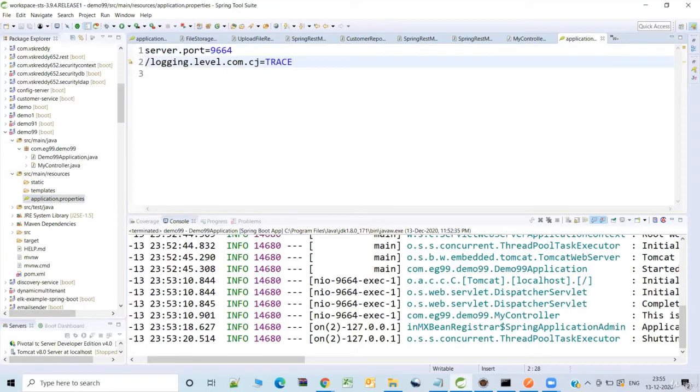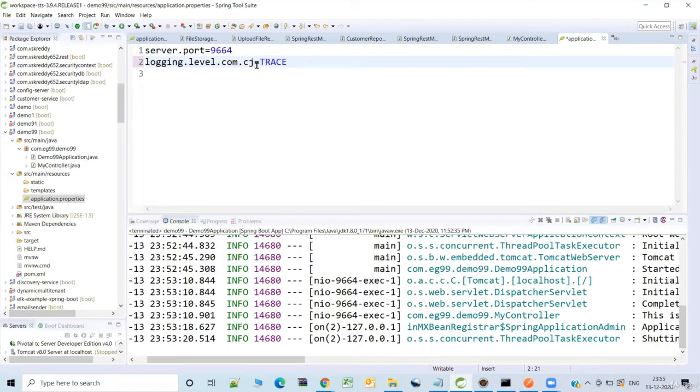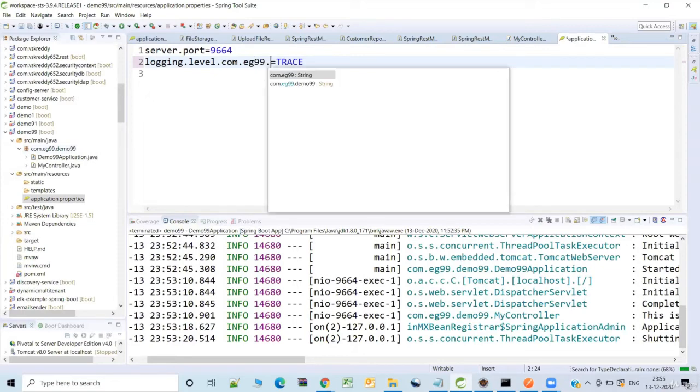See here, you need to specify the specific package to which you want to adjust the logging level. So it is our package and the name of it is com.eg.99.demo99.